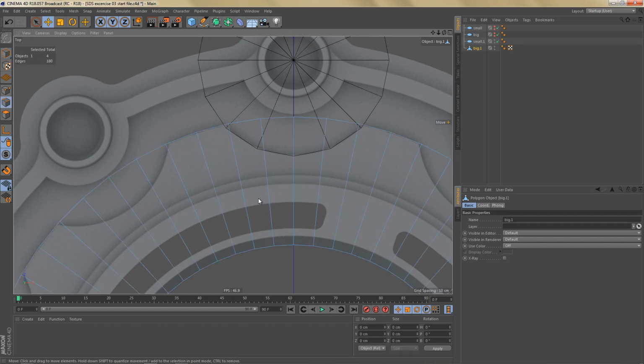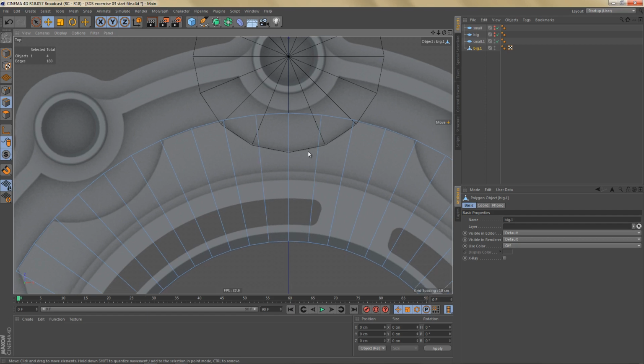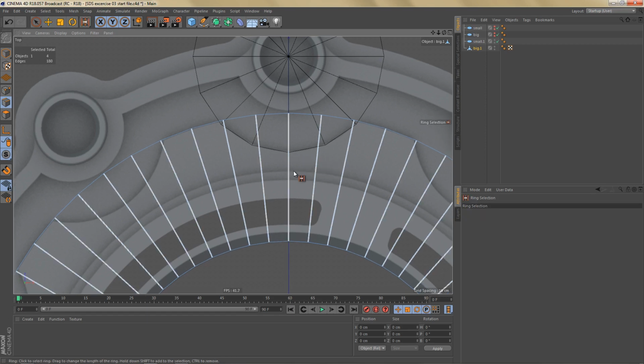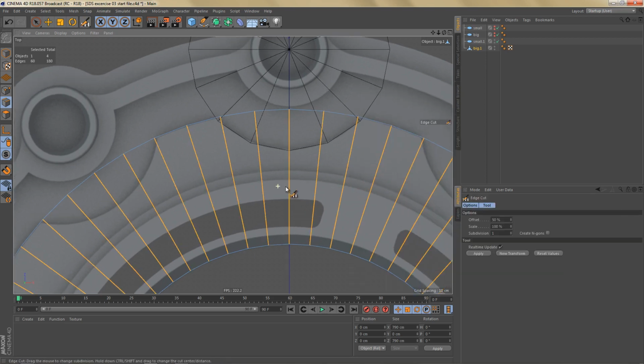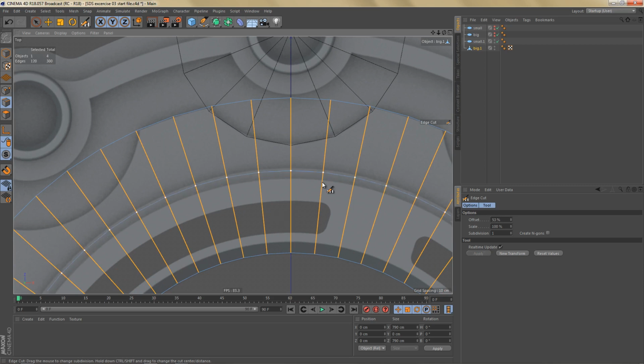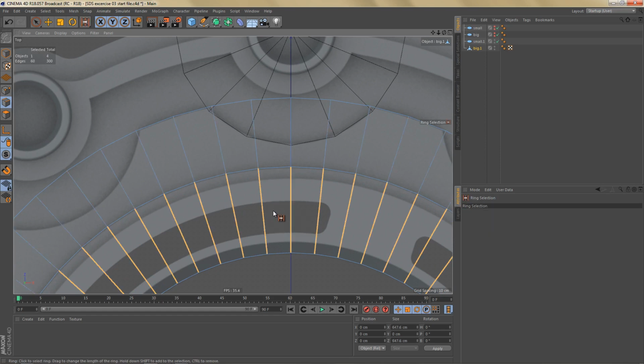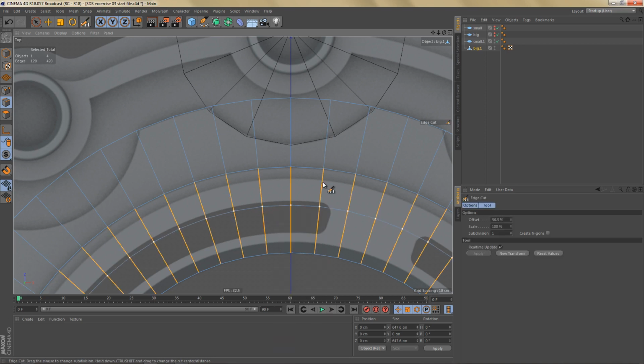So let's switch to edge mode, and I'm going to use the ring selection tool to select these edges, and then I'm going to use edge cut with one subdivision, and I'm going to slide these edges to about here, and we're going to repeat this process a couple of times. So ring selection, select these edges, edge cut to create another loop like this,